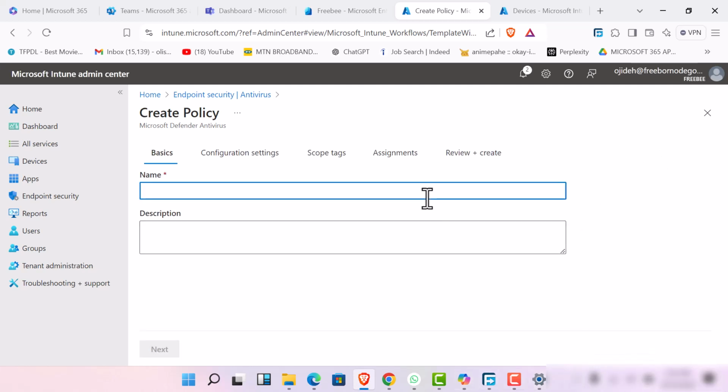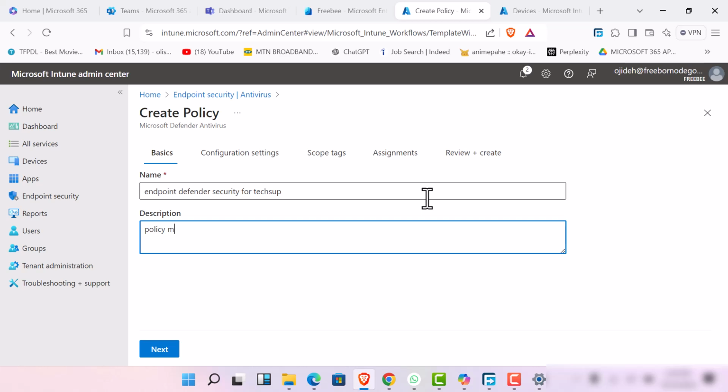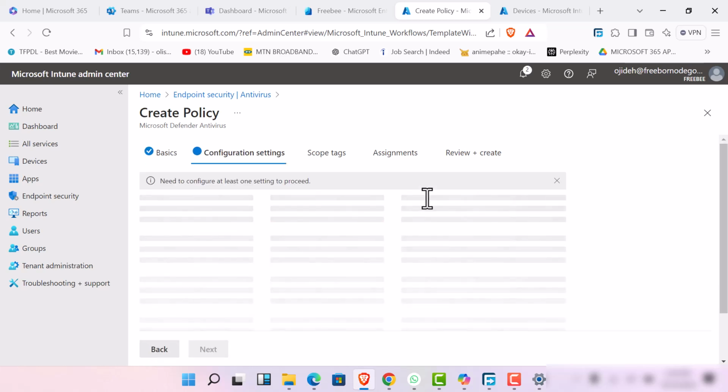So let's say this is the endpoint security, endpoint Defender security for TechSup. Policy by admin Emmanuel. Click on next. Now for our configuration,